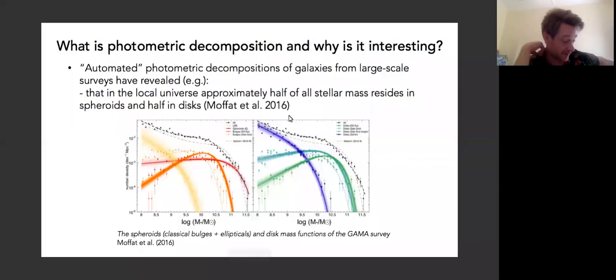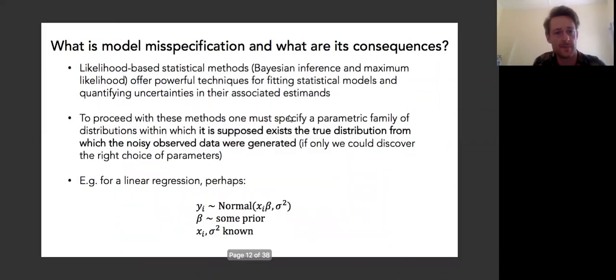So all of these results then can be used in a number of ways to constrain models of galaxy formation, which would be the core scientific outcome of this type of study. So then changing tack a little bit, I'd like to talk about what we mean by model misspecification and what are its consequences. These likelihood-based statistical methods, whether we're talking about Bayesian inference or maximum likelihood, are very popular